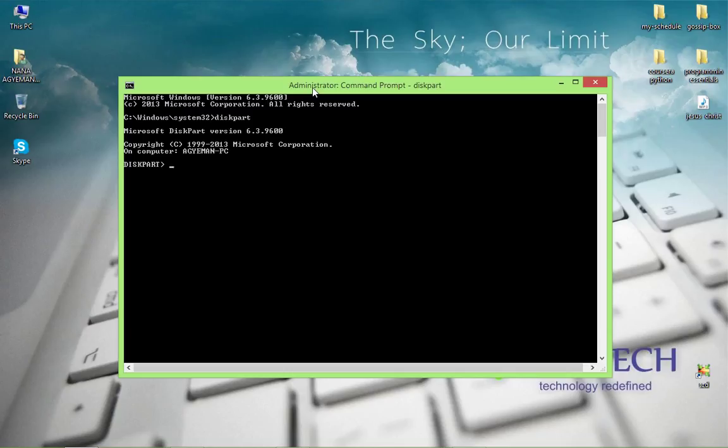Then when we get into the diskpart environment, there are a series of commands that we need to enter. The first one is list disk. Now this one will list all kinds of disk drives that have been connected to your system. Now the next command is for us to select the disk which we want to work with. So select,